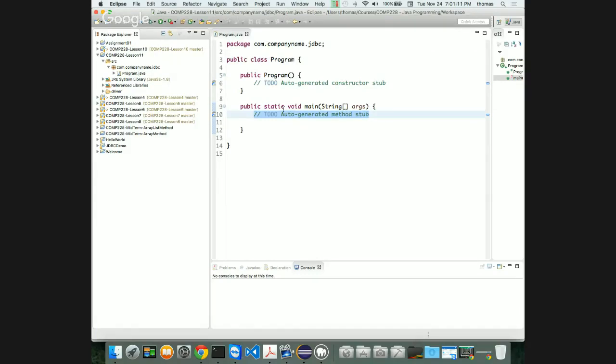I need to know the username. I also need to know my password to get on. I should also know my connection string, right? If I don't know these things, I can't connect to the database. Those are the first things. But I don't want to create it